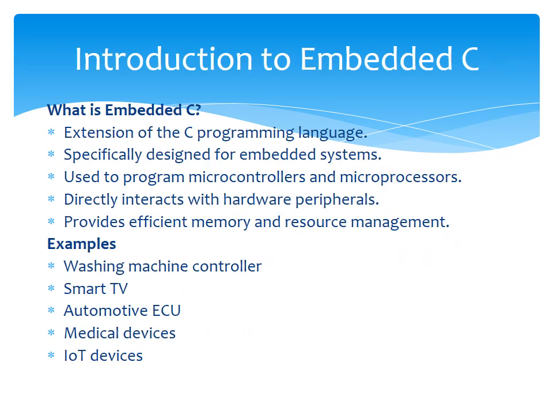And what is embedded C? Embedded C is an extension of the C programming language, and this is specifically designed for embedded systems. Embedded C is used to program microcontrollers and microprocessors. It interacts directly with the hardware peripherals. And we have efficient memory and resource management while using embedded C when compared to that of the assembly language. Some examples of embedded microcontrollers are washing machine, smart TV, automotive ECU, medical devices, IoT devices, mainly programmed